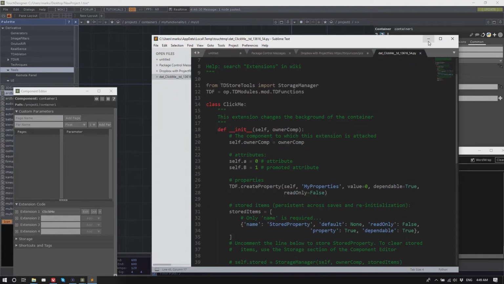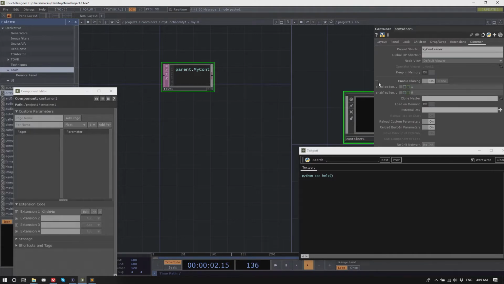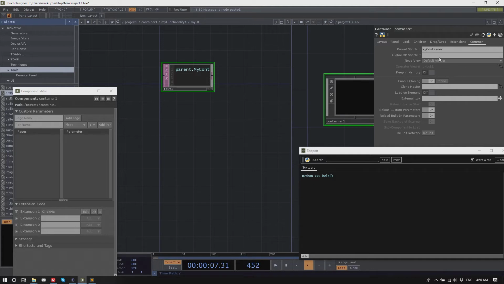Another way to access these, and this is a little bit more dangerous, you've got to be careful with using those, is the global op shortcut. The parent shortcut, the parent is in the name because you can access it from the inside. We defined this parent shortcut on container 1, in project 1.